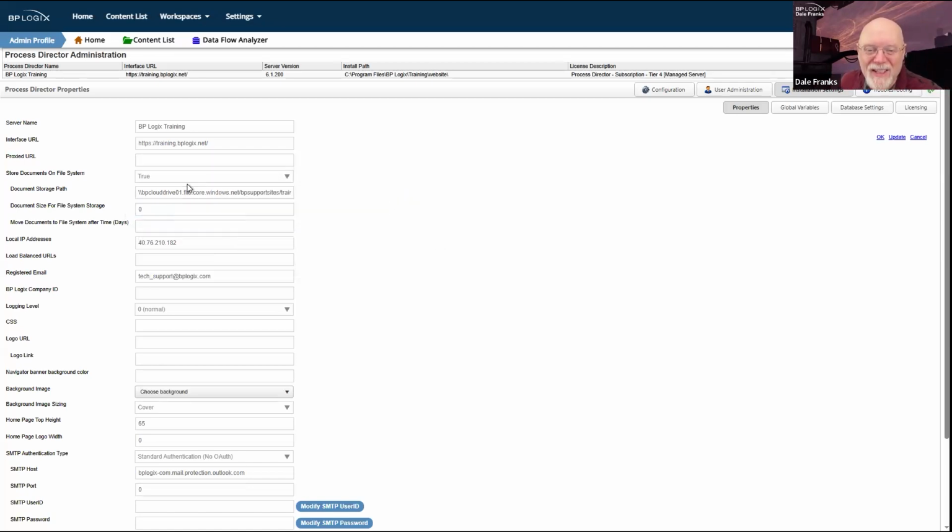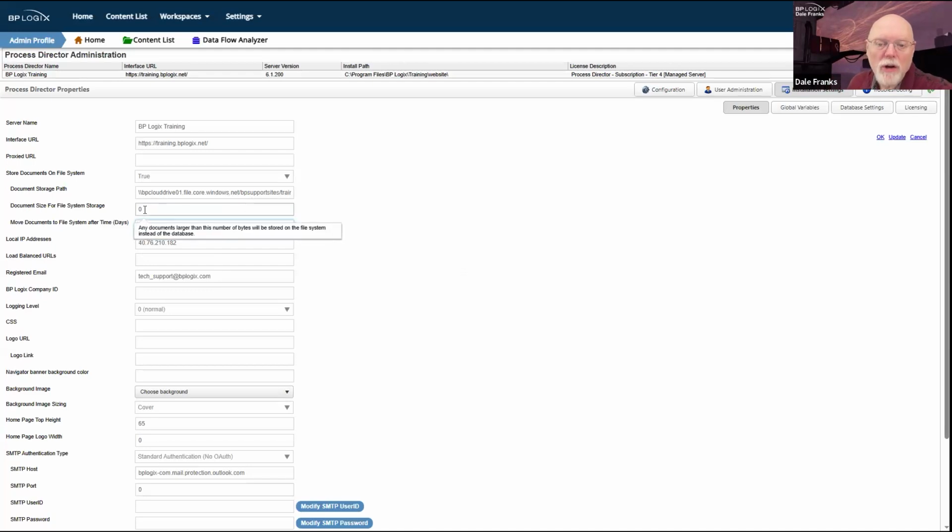With this setup that I have here, I've got store documents to file system set to true. Got my document storage path, and I'm saying, okay, we're setting this to 0 bytes. This is just automatically going to store everything on the file system. So this particular property is irrelevant to my setup because everything is already being stored on the file system.